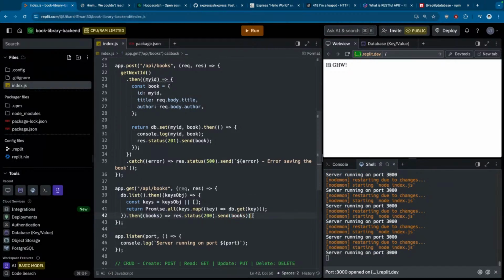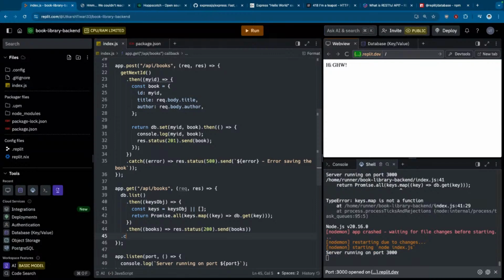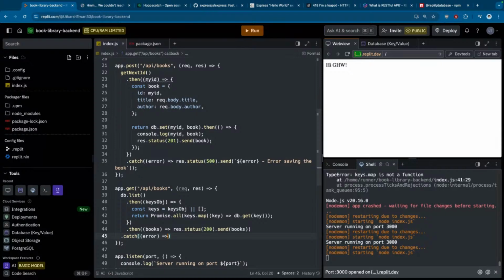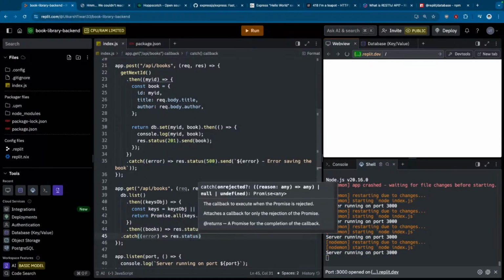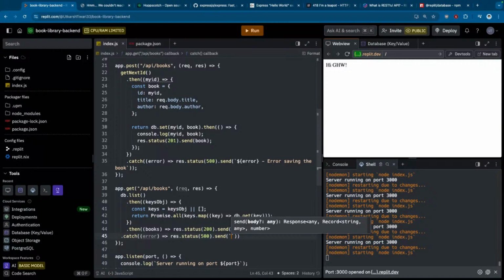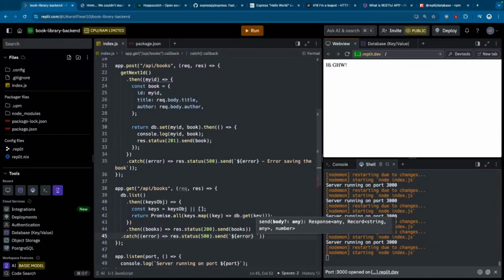Okay, so once that happens, that's nice. But if there is any error, so let me format this. And if there is any error, we can do dot catch any error, and we can go res dot status of 500 and dot send, and I want to send my error, like the whole error that's returned, the error object or the error string, and